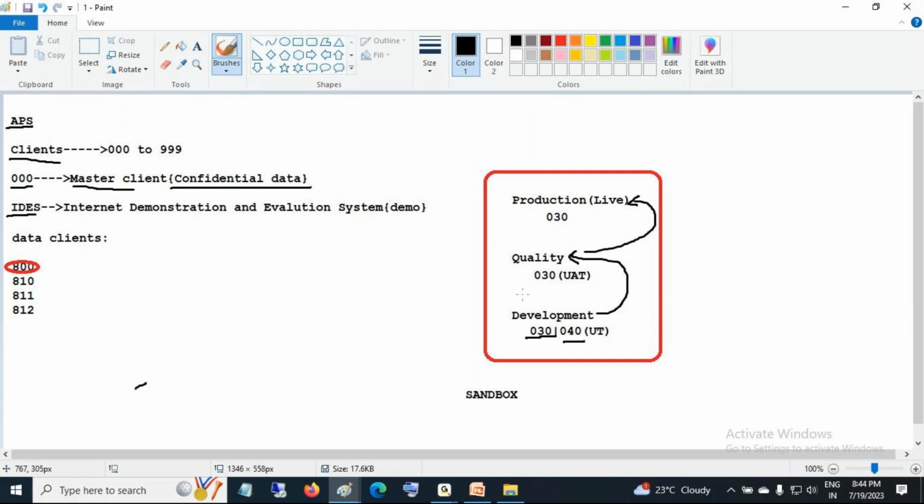Just for understanding, I'm using the same client number here. Okay. So in UAT, user acceptance test, in quality you find some more data. Like in development you find only 10-15 records, in quality you find some 40-50 records. So they check in the quality all the